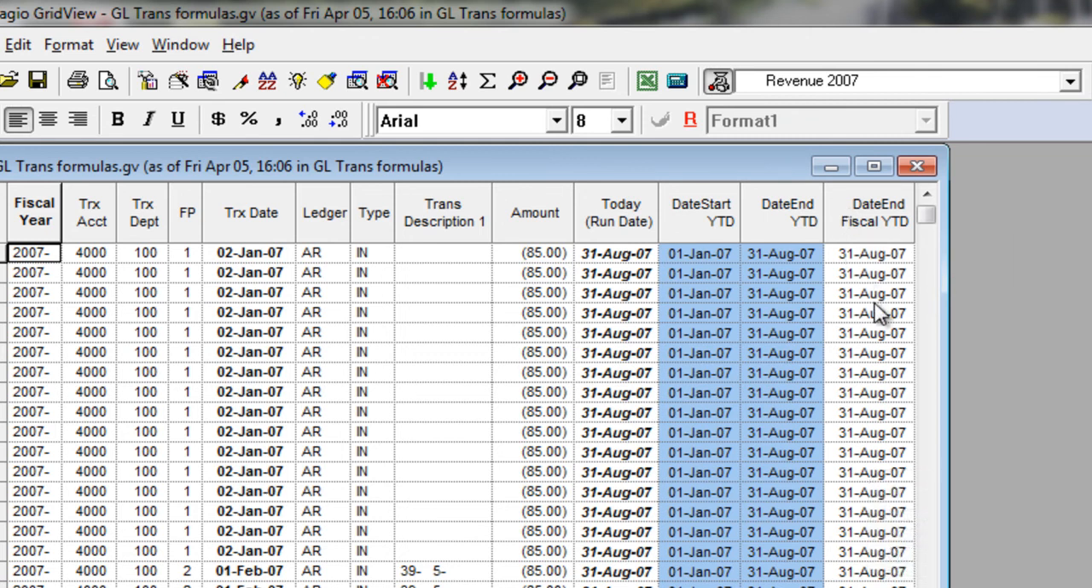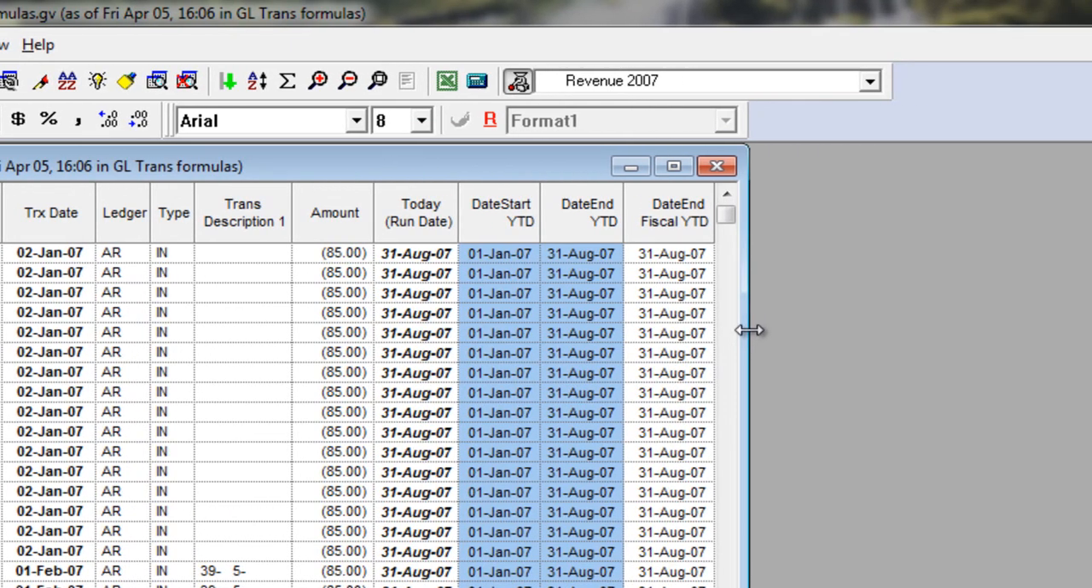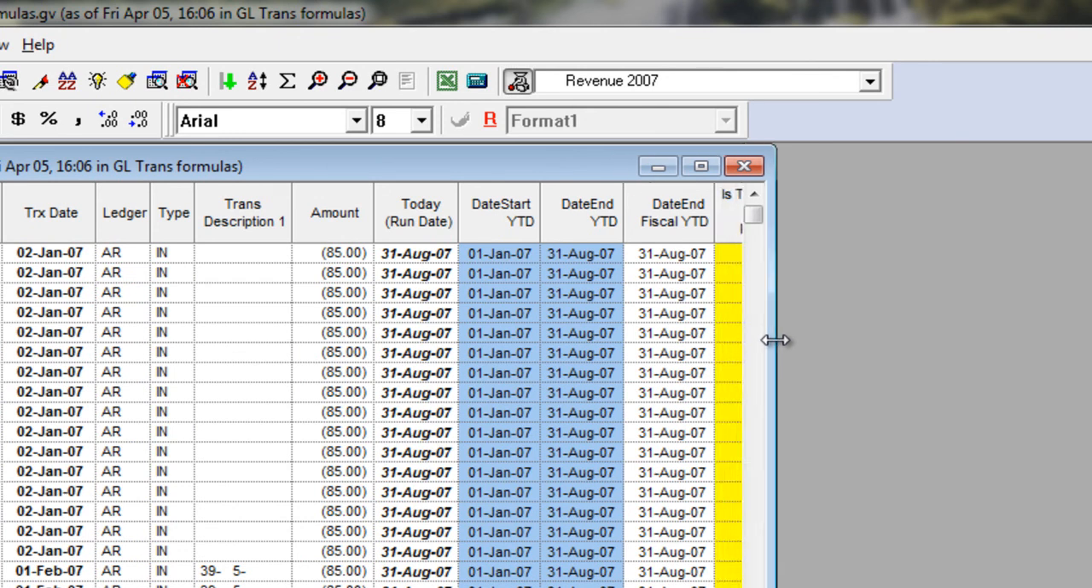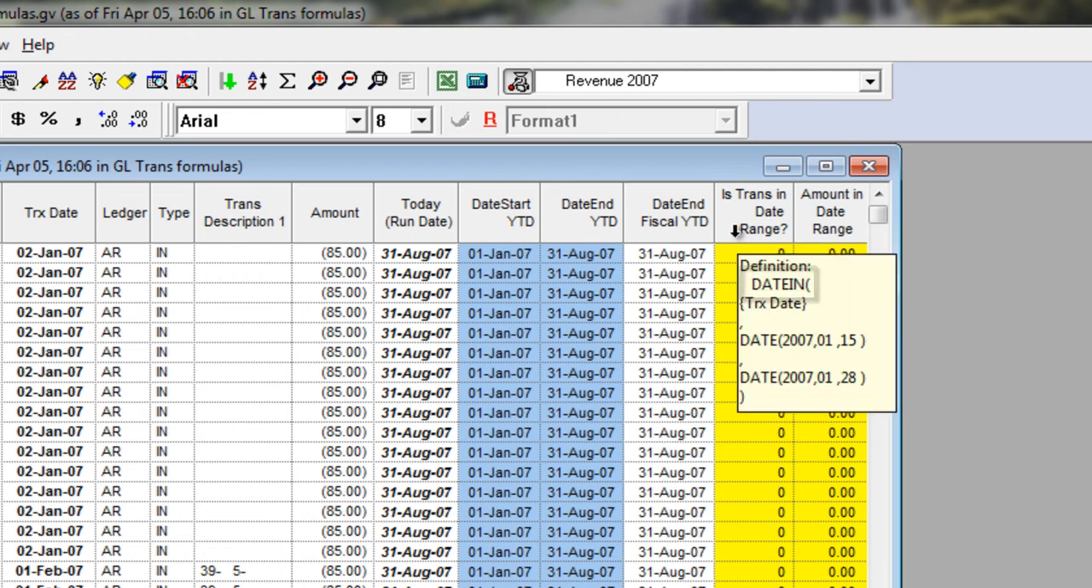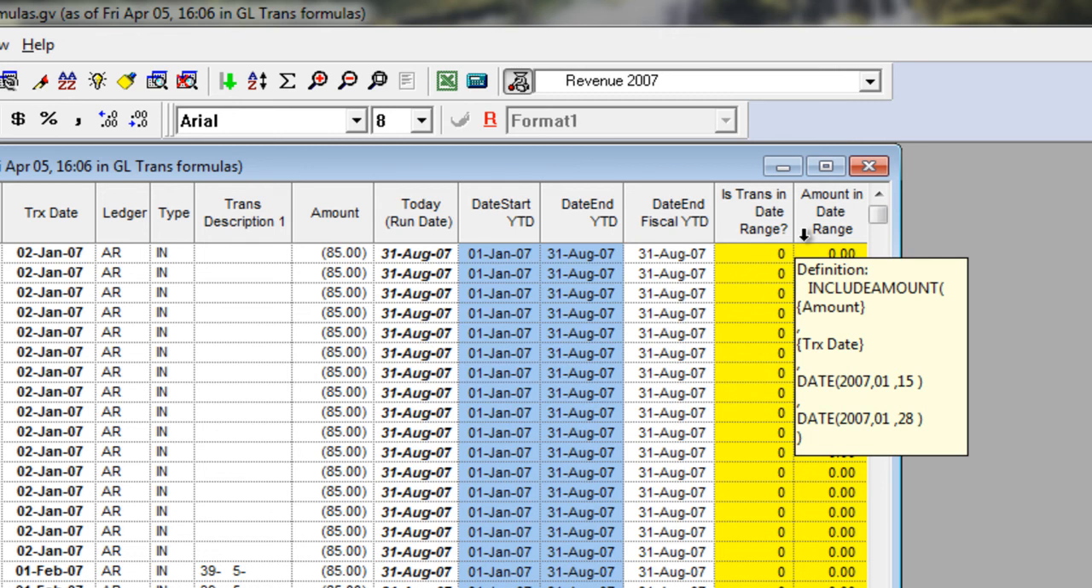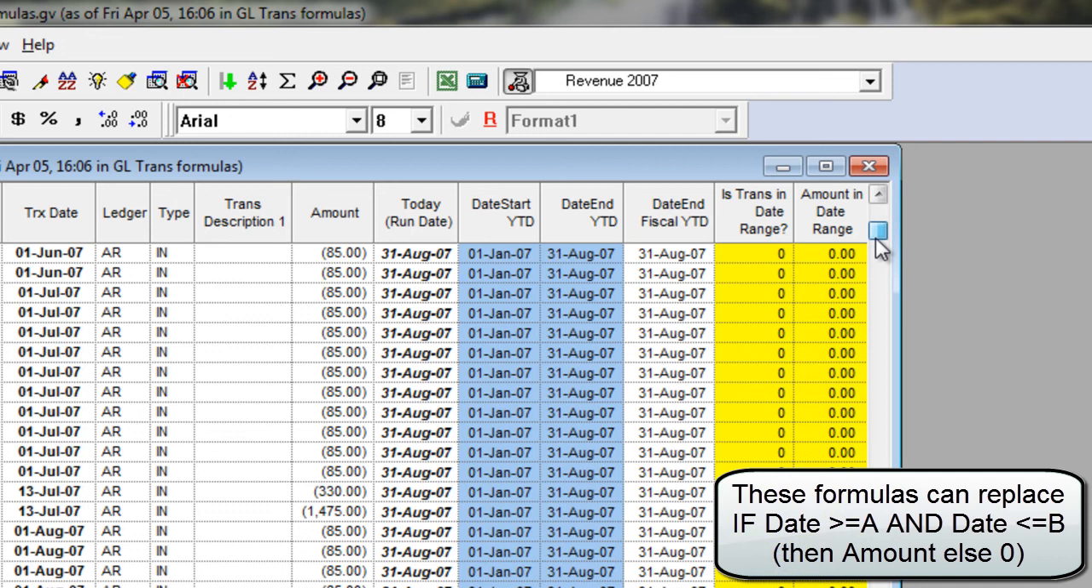To check to see if a transaction date falls within a specified range of your choosing, and then also output some value if the result of that check is true, there are two new functions that hopefully will make that easier. The first is called DateIn, which will do the searching of the date in between a certain range of your choosing. Also, another function called IncludeAmount will output some database value if the date falls within a date range of your choosing. If we were to scroll down the list,